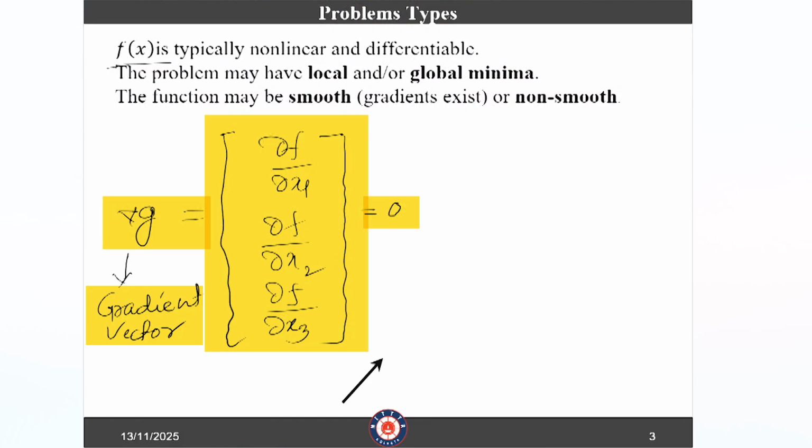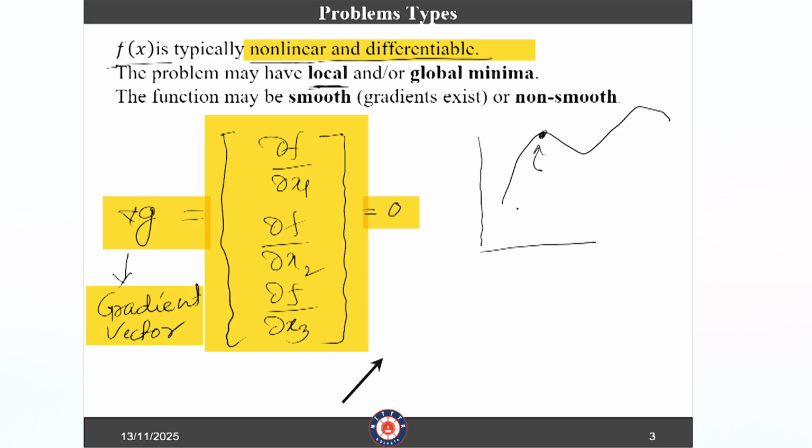The problem: this function is basically a multivariable function. So you can expect that this function will be nonlinear and continuous in nature. Nonlinear and continuous in nature means this function is basically something like that. Okay. And it has some global maximum and some global minimum value, that means say this one is a local minimum,